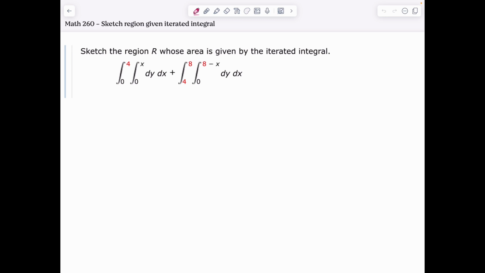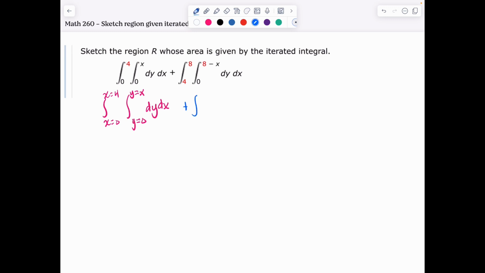So basically, the integral from 0 to 4, since dx is last, is not just the integral 0 to 4, it's the integral from x equals 0 to x equals 4. The second integral is about y, so it's from y equals 0 to y equals x. And already, to me, that makes it easier. Then we're going to be adding to that guy